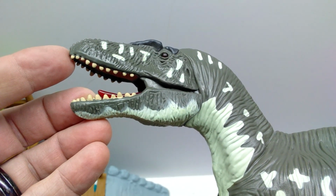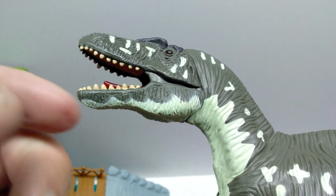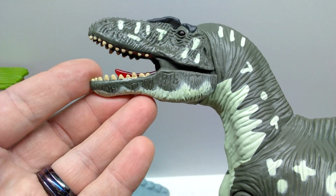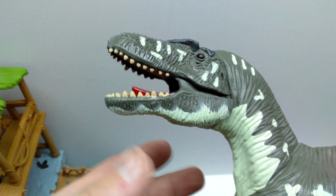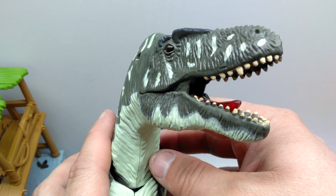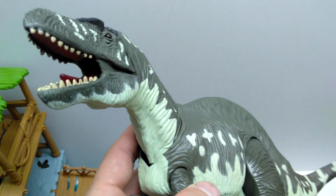And you can also see some pretty nice looking paintwork and detailing here on the lower jaw, as well as more of that light green that kind of jumps back and forth between the darker green and the lighter green. The teeth are painted with an off-white, so they have a more realistic appearance than if they were just painted white. Each tooth is sculpted out and painted individually, and for the most part, they actually look really quite